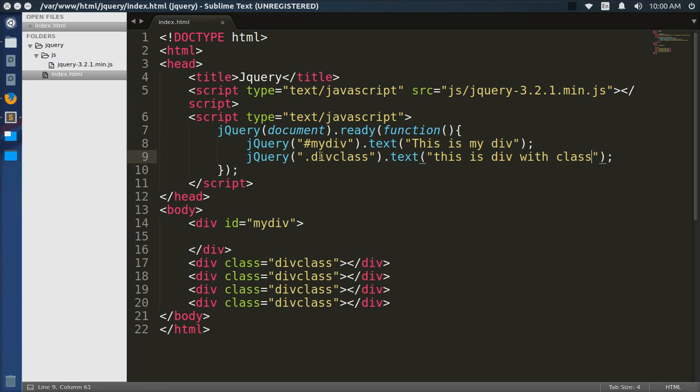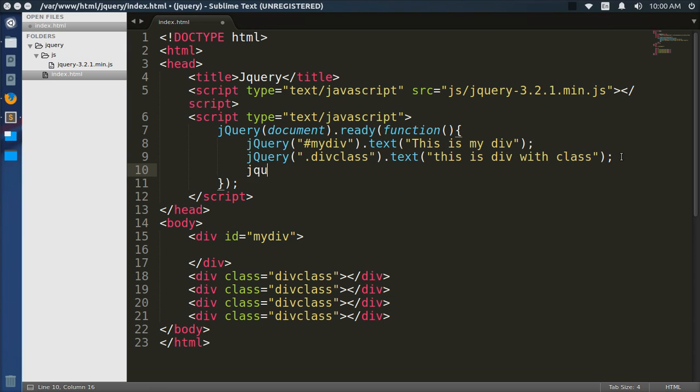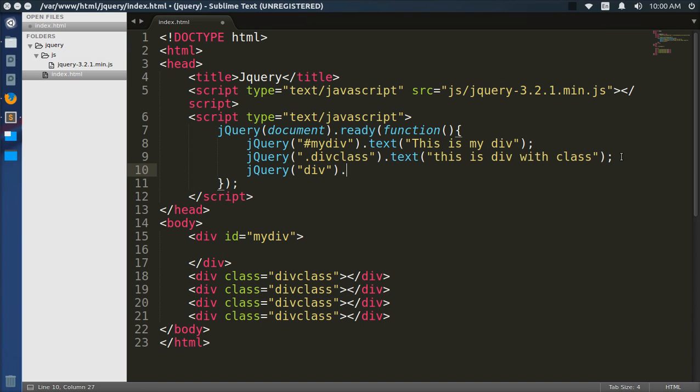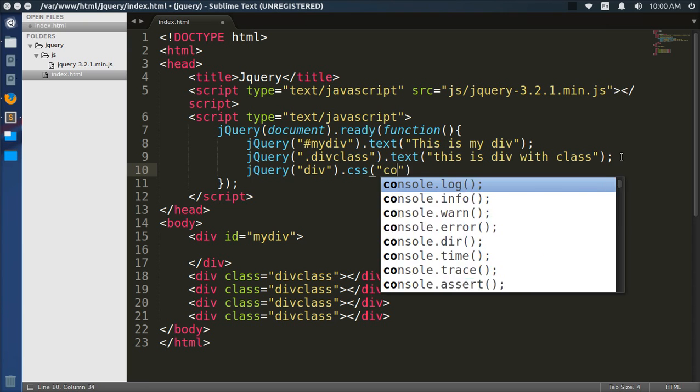Whenever you want to use jQuery, this is your syntax. You just have to include the jQuery file, then this is the syntax we are using, and then the jQuery identifier, then the selector. It can be hash, it can be this, or one more thing just for the fun of it: like jQuery, if I add div here and add any property to this, like div color,